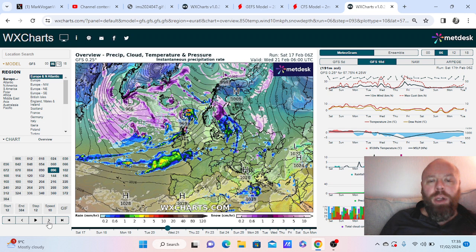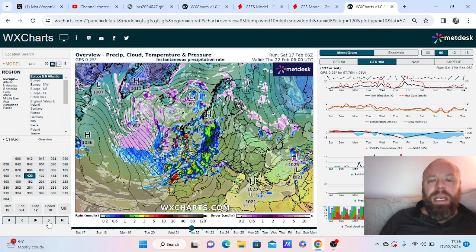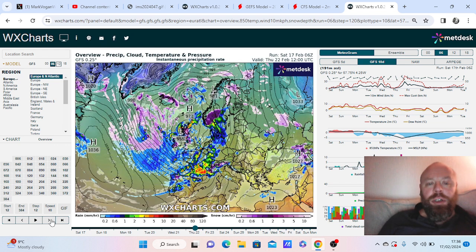But nonetheless, there should be enough cold associated with that flow from Canada to the UK that generates something a little bit more wintry, especially if the jet stream starts to sink southwards here. And you notice as we move towards Thursday of next week, 22nd of February here, there's the area of high pressure that I'm talking about now starting to move westwards, but also northwards. And therefore, we're starting to see the trough digging south over the UK, Ireland, and further south still. And therefore, we're going to start to see heavy rainfall, moisture getting drawn into the northwest of Iberia here. But as that system digs southwards, we are opening the door to something a little bit colder, and we may introduce something more wintry